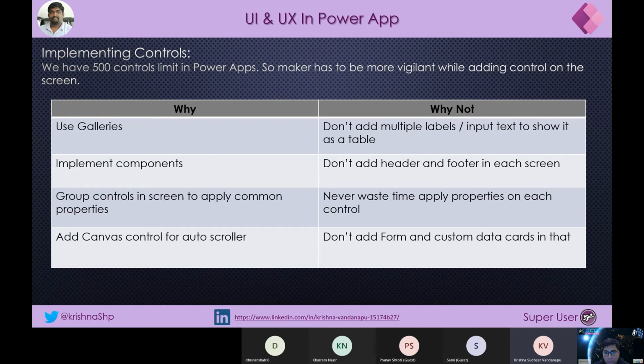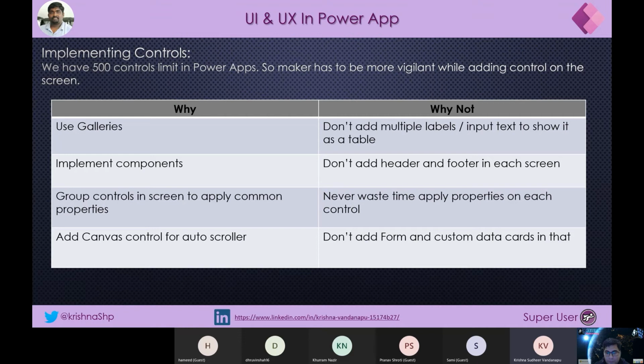We should ensure that the user interface is intuitive enough to understand what it is and how it is working. And as a maker, we should ensure that the experience works seamlessly and users are not getting upset with the performance or the way the app is designed.